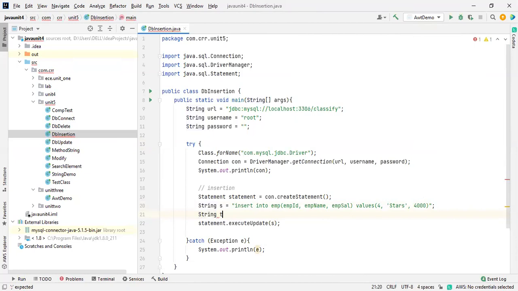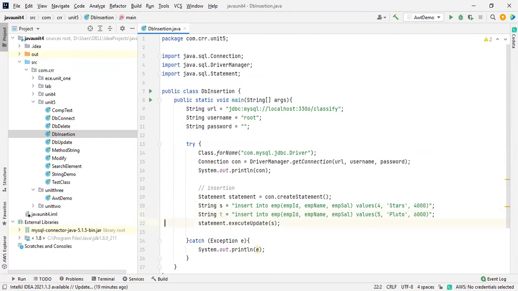This is like ST, I'm taking as a T, and there are double quotes. I will copy this and paste it over here, which is easy for me. Okay, I'm going to change the data to 5, Pluto, and this is like 6000.